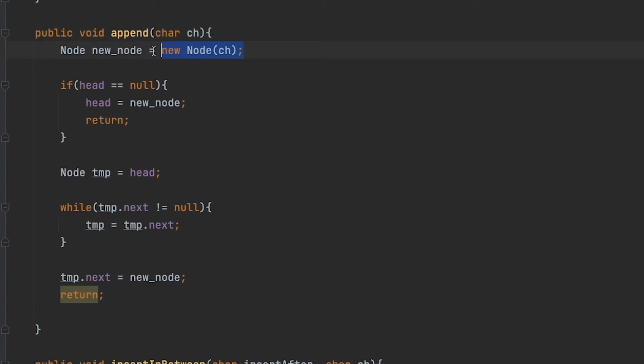What we are going to do is create a new node, and after that we are going to check whether our linked list is empty or not. If our current linked list is empty, then we are going to assign that new node to head and return. And if our linked list is not empty, then we are going to run the following logic. We will take a temp variable that is going to point to head, and till the point the next of temp is not null, we will keep changing the value of temp as temp.next, and at last we are going to change the next pointer of temp to the new node. So in this way we can insert at the last of the linked list.